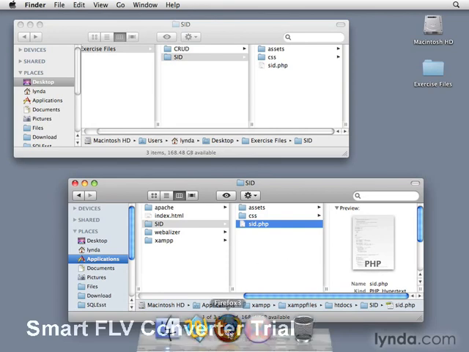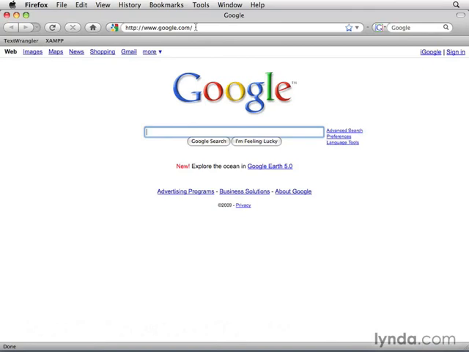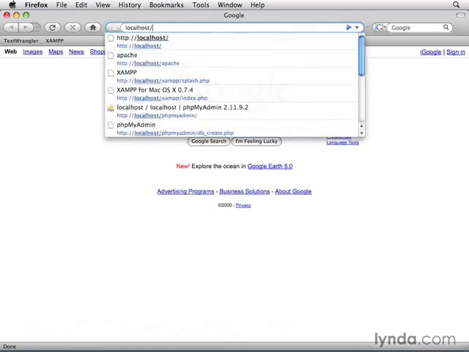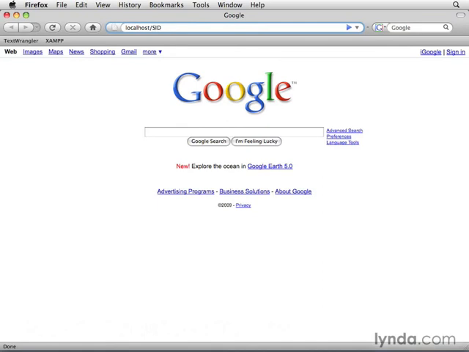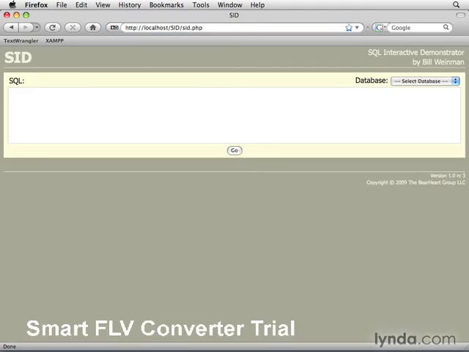Now we'll go ahead and open our web browser and type into the location bar localhost/sid/ and lowercase sid.php. And there's the SID application. If this is installed correctly, we'll see a list of databases over here, album, test, and world. We can go ahead and run a query and make sure that that's all working. Select star from